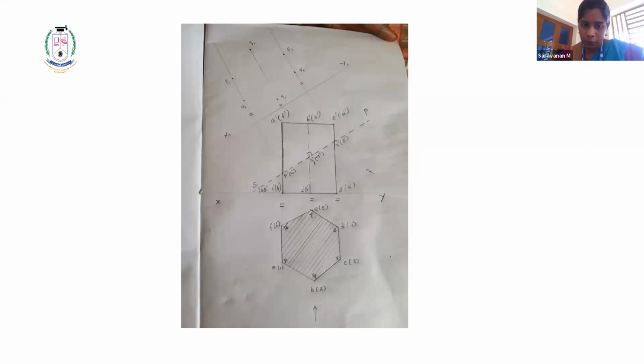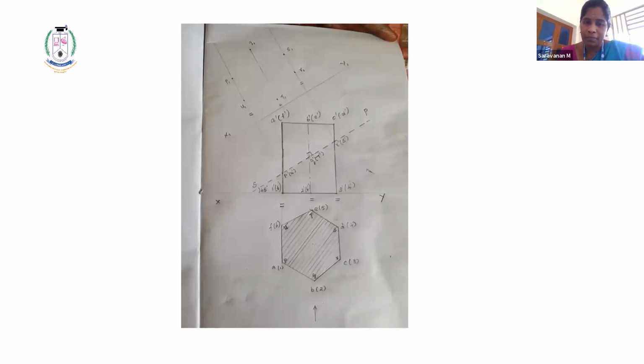So from 1 dash to F, first measure from the new reference line, mark the point. Again, from the reference line XY, from 1 and A, measure the distance. From the new reference line, mark the second point P. And then come to the next one. Take the second, Q. Next you have to mark the point P.